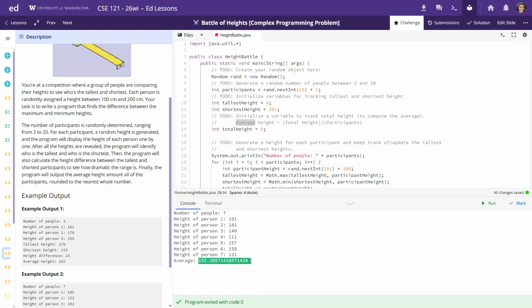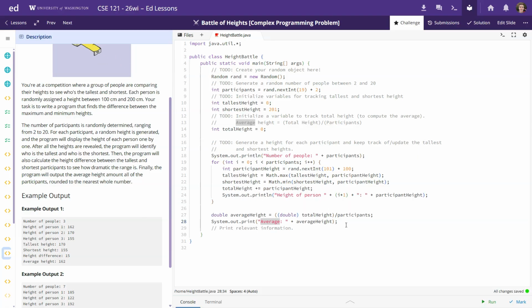We'll see here, average does properly store a bunch of decimals, which is good. We want to make sure we have the decimals. Later, we're going to have to round it. But to round, we need to know what those decimals are, right? Because we're rounding to the nearest whole number. Integer rounding, like where we cut off all the decimals at the end of a double, is always rounding down. We want to be able to round up if we end up with a number that is above 0.5, right,